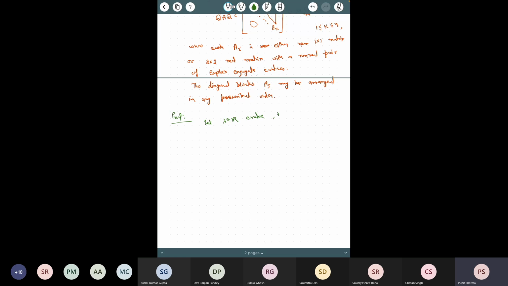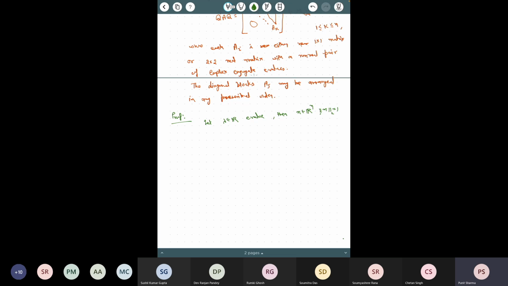Then I will choose a real eigenvector in the same way as I did in the complex case. I will choose an eigenvector corresponding to this, and then I will extend this. If it is a real eigenvalue, then there would be a real eigenvector corresponding to it. So I will find x such that norm x is 1,